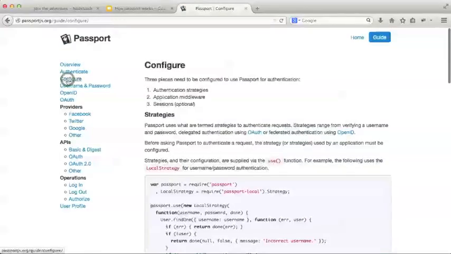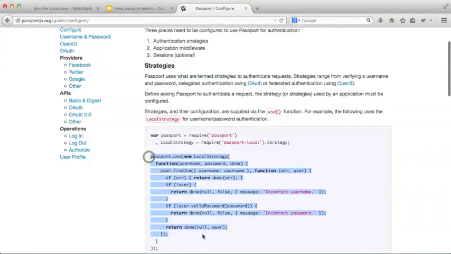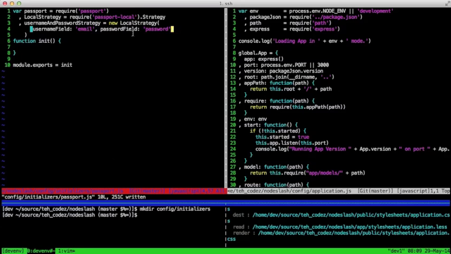If we come up here to configure and look at their default, notice that there's no mention of username and password or email or whatever because it's just using the defaults. Well, in our case, password works just fine, but we chose email addresses for our users, so we wanted to check against email rather than username. This first object that we passed in is just telling Passport which form fields to look for when doing an